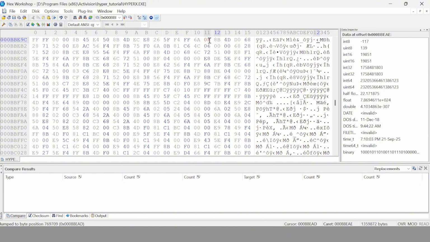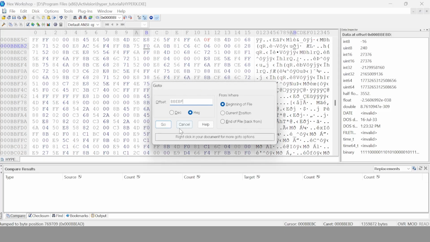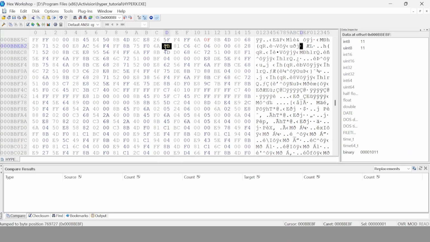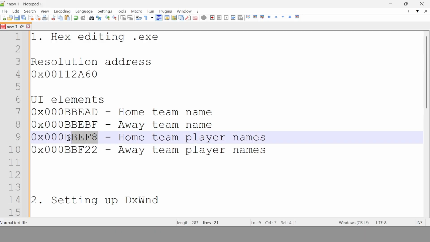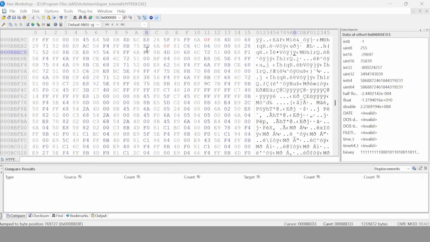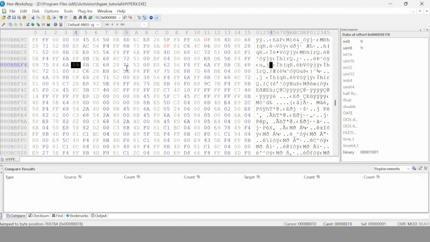Actually, whatever. Let's just go exactly here. So this is also 11 by default. Let's do 15. Bam. And then the other two addresses that are related to the player names. So those are this one, which is also close by. I like to do it in a way that the team name is larger than the player names. So for this, perhaps,